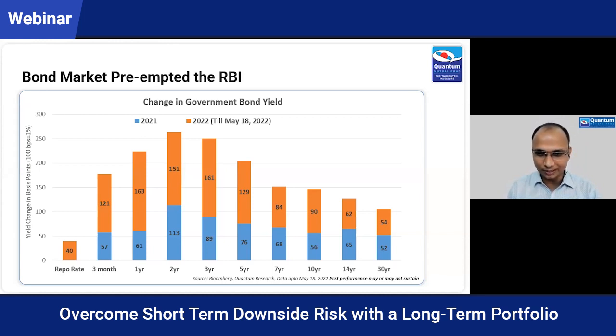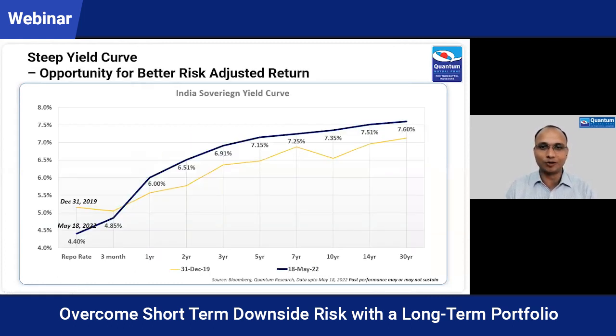And similar kind of jump across the curve, even for the 10-year, if you see 56 basis point last year and now 90 basis point in the last 4.5 months. So already it has moved up by 146 basis points, despite only 40 basis points of rate hike by the RBI. So this is a market tendency. They always try to preempt the policy action and discount it in prices. So much of the rate hike is already discounted to some extent. And as RBI actually hikes rate, we may not see this kind of action.